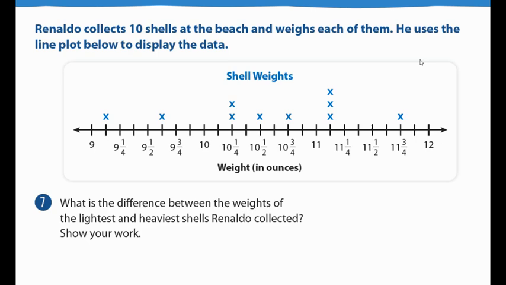So you guys, the heaviest is here. The lightest is here. You've got to tell me what the difference is. So you have to subtract them. Again, I would go through and redo your fractions to make it a little bit easier, especially since we're using this fraction bar here for the next 3 problems. So what I would do is figure out how many are in between. It looks like there are 8 between each one. So this one would be 9 and 1/8, 9 and 2/8, 9 and 3/8, 9 and 4/8, 9 and 5/8, 9 and 6/8, 9 and 7/8, and then I would continue it on